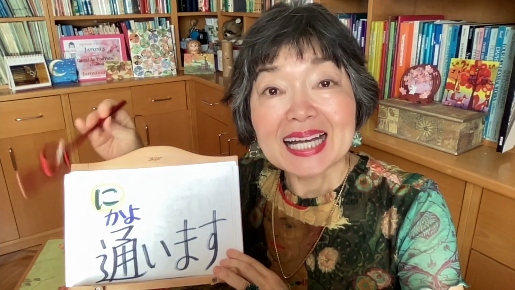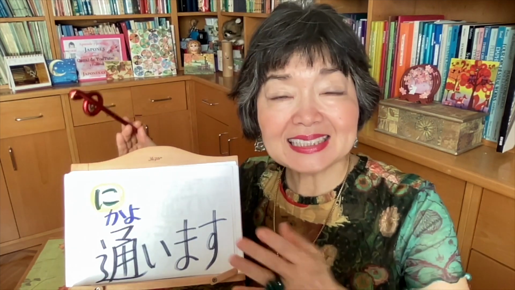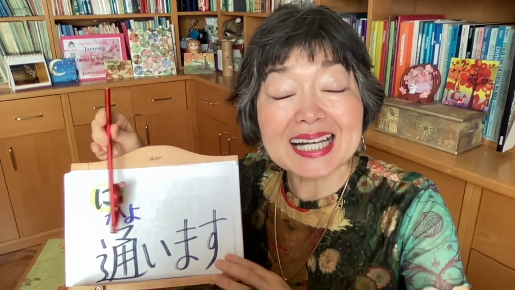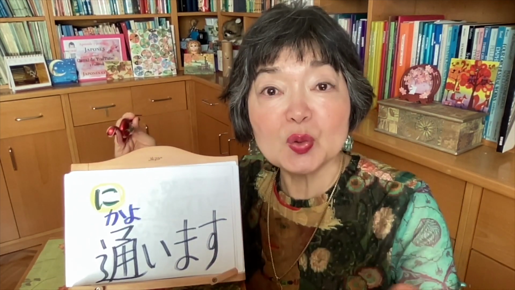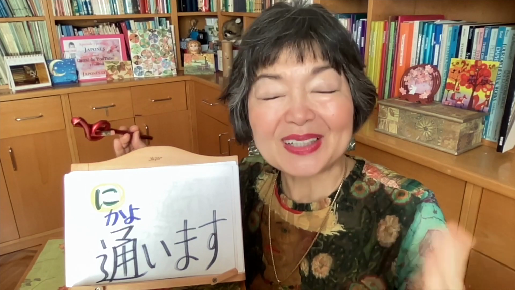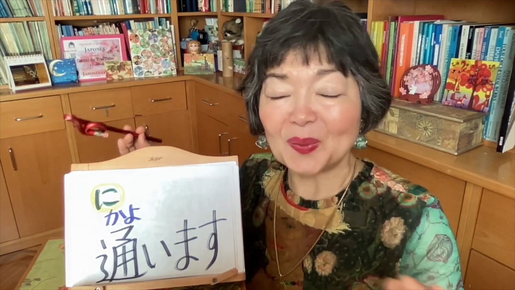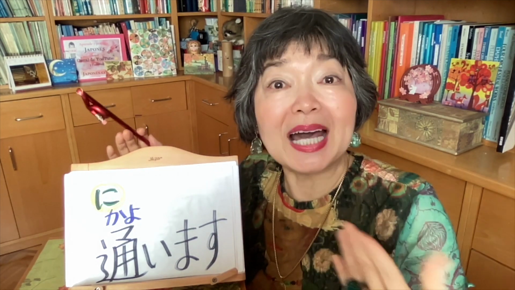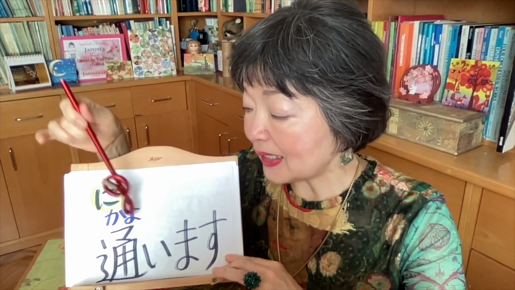The verb, 通います, this is to go. But the difference between 行きます and 通います is: 行きます is only to go to somewhere. But 通います means to go very, very often. Maybe daily or not so daily, but 通います is to go or to assist some place, to attend some place. So, in some place に通います.